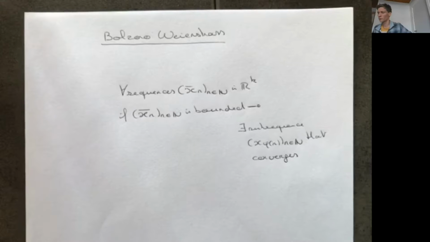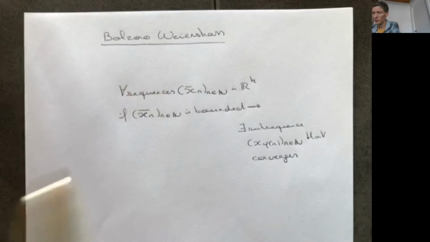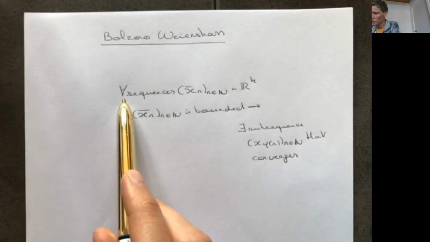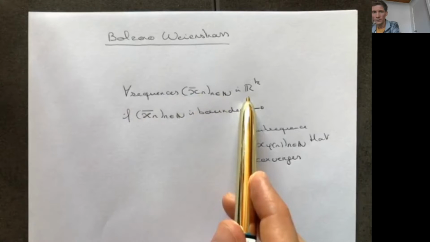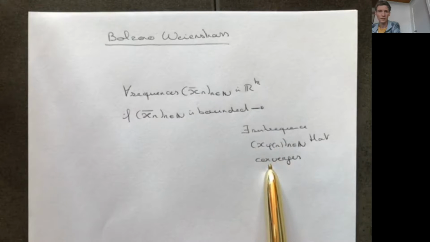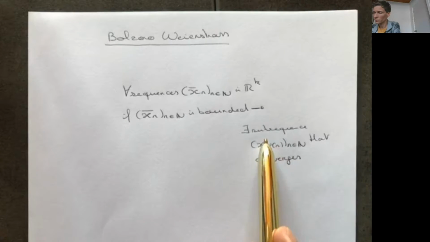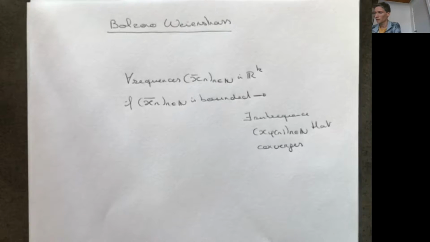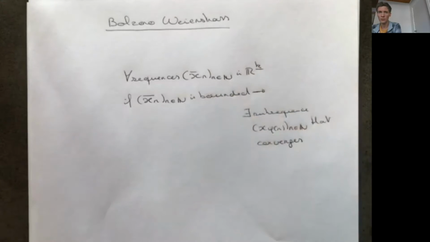So the Bolzano-Weierstrass theorem, I have rewritten it a little bit in a different way. It basically says that for all sequences in Rk, if the sequence is bounded, then you should be able to find a subsequence x_phi(n) that converges, and this is a subsequence of this sequence. We're going to prove this theorem using a proof which might be a little bit strange at first sight: proof by induction, and the induction here is going to be on the dimension k.